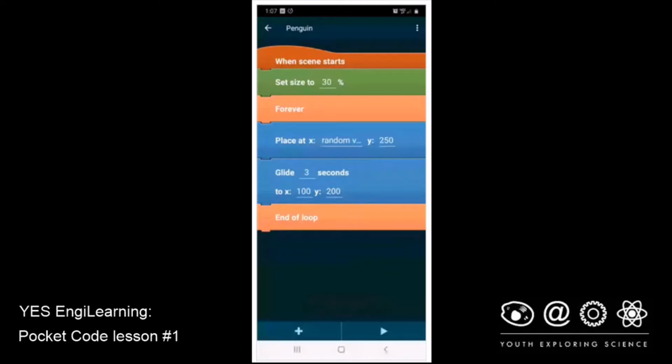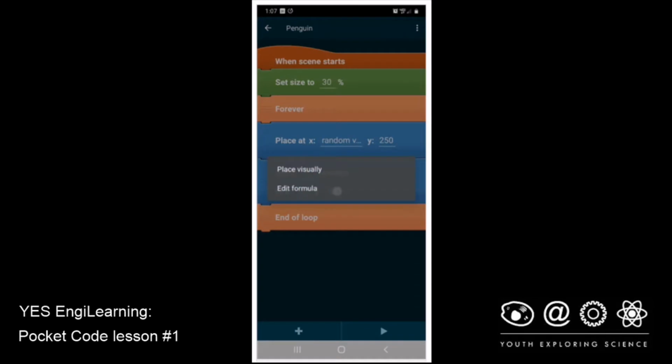In other words, wherever the random number puts it, I want it to stay in that position from right to left, but I want it to end up all the way down at the bottom, which is going to be about minus 620. So if I go to Y, and I'm going to edit the formula,